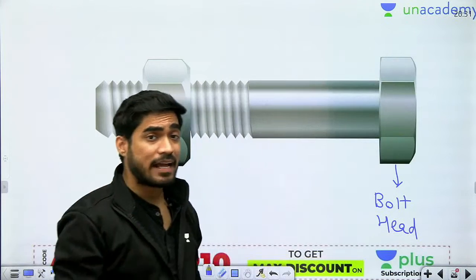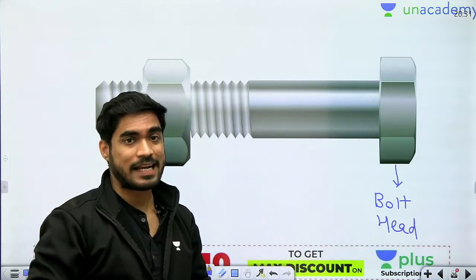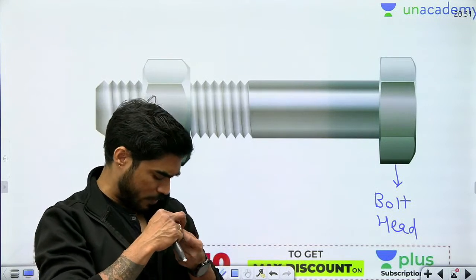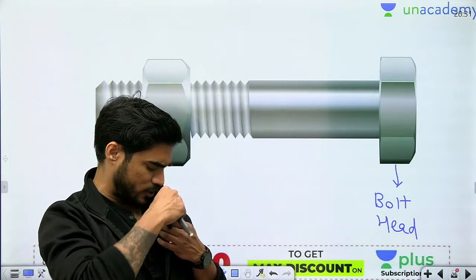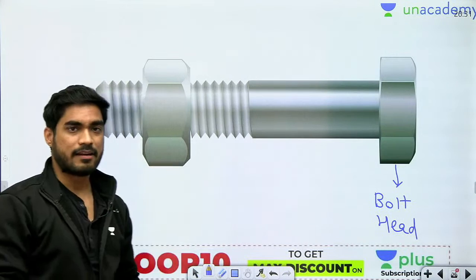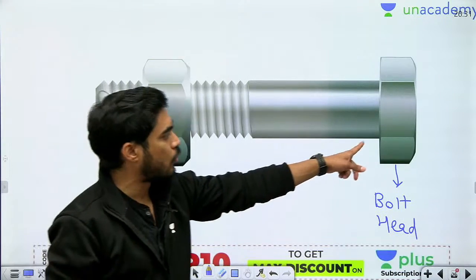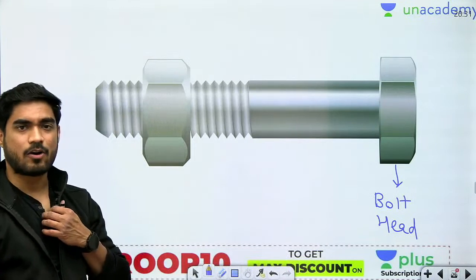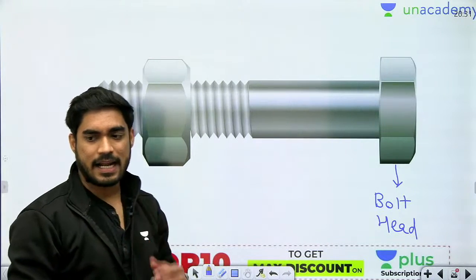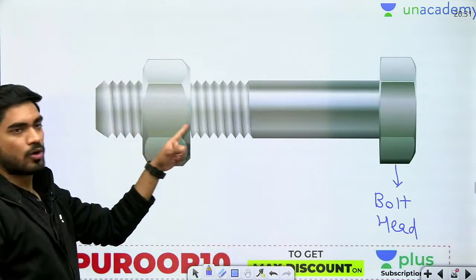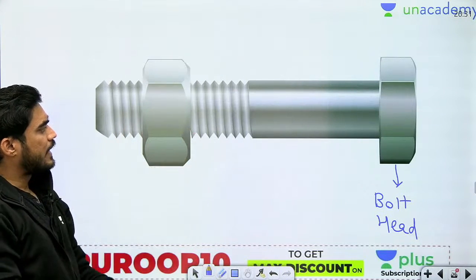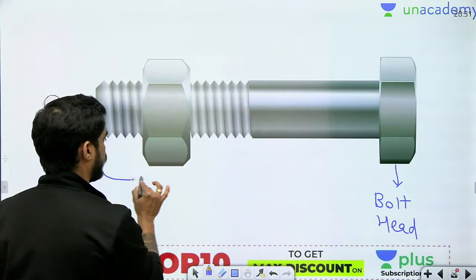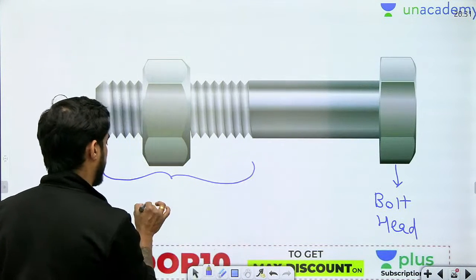जैसे rivet head होता है which is already closed, one end of the riveted joint is already closed due to the rivet head, वैसे ही bolt के केस में भी one end is already closed due to bolt head. Okay, एक end जो है bolt head की वजह से already closed है. The second end is not closed, the second end has threads on them. Okay, second end में आप देखोगे तो यहां से यहां तक there are threads,